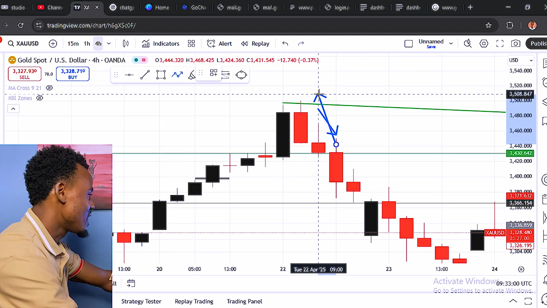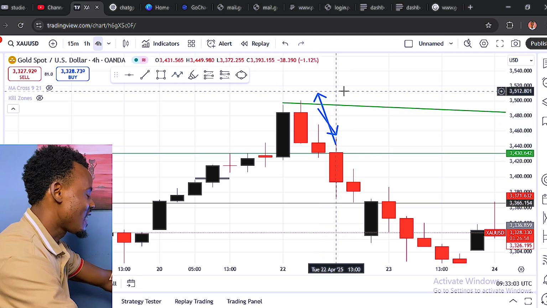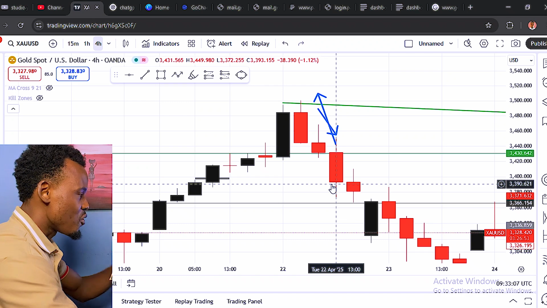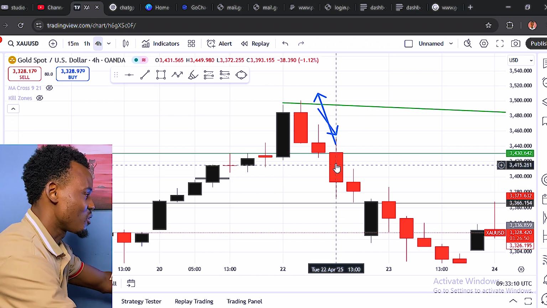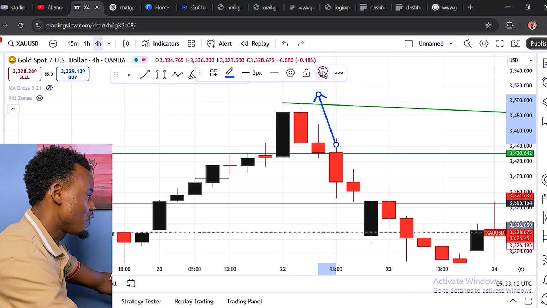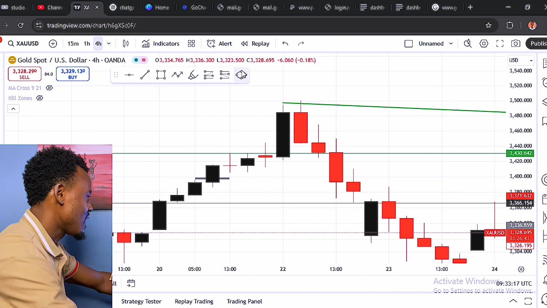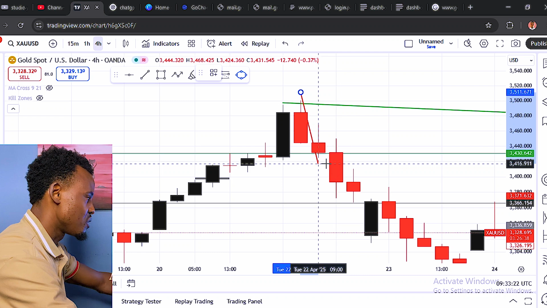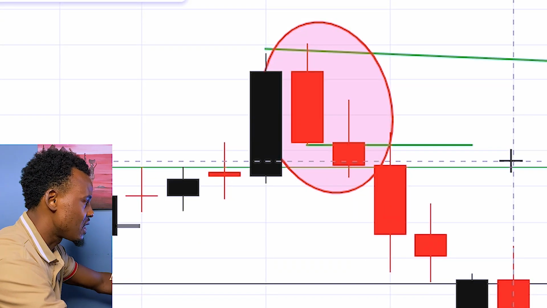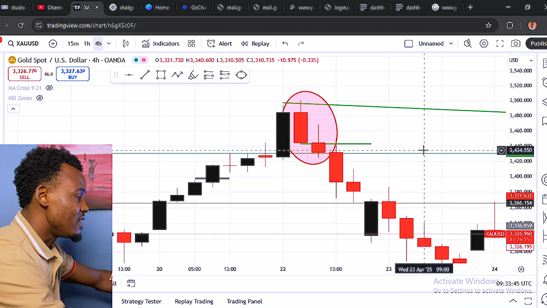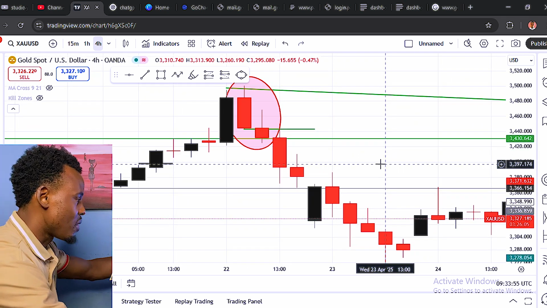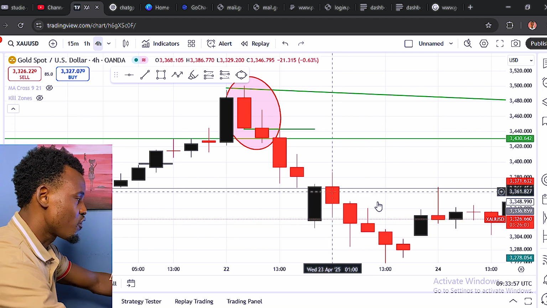Buyers try their best to get this price back up, but if the sellers said no, it's not going to happen, so they make sure they push the price back down. Now you have to pay very close attention to this. At some points, if you see price coming down like this, it's for you to jump into the market. It ended with almost no wick at the bottom. That should tell you that the strength of the sellers is something else. They are ready to push the price back down. You can jump into the market like this and make a lot of money.